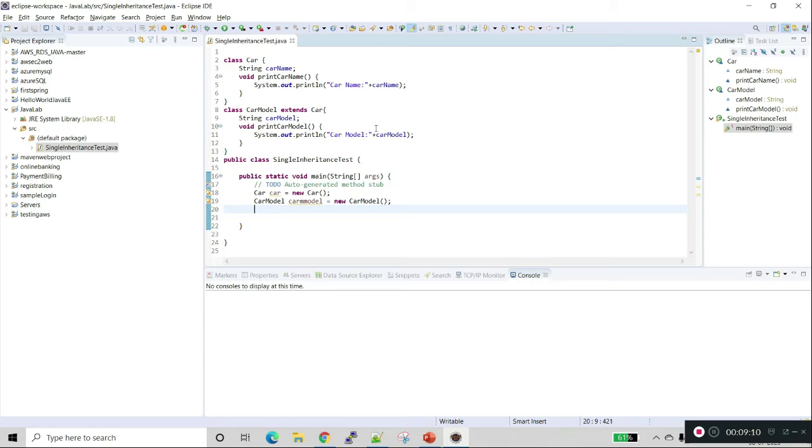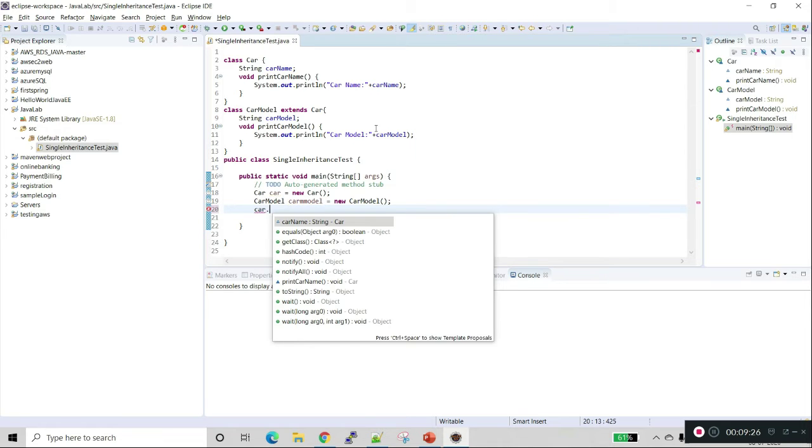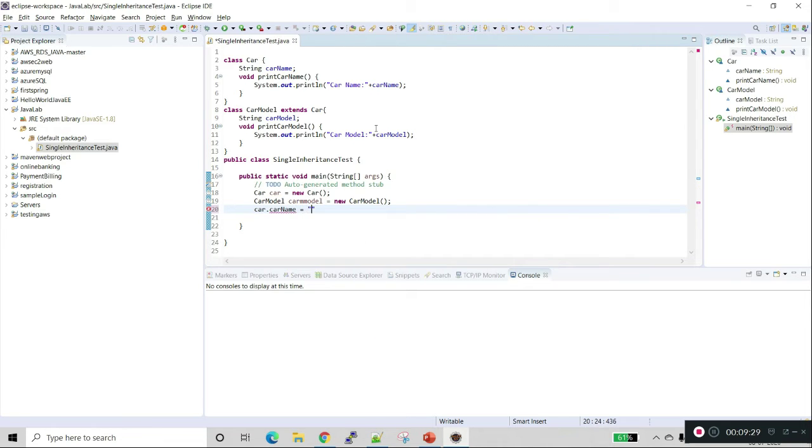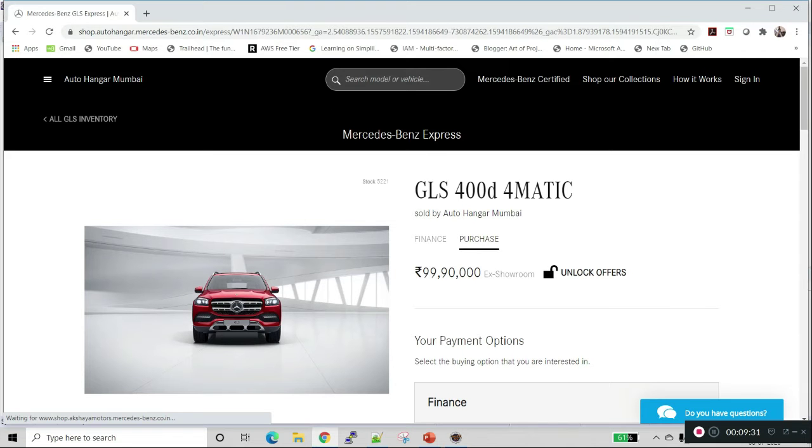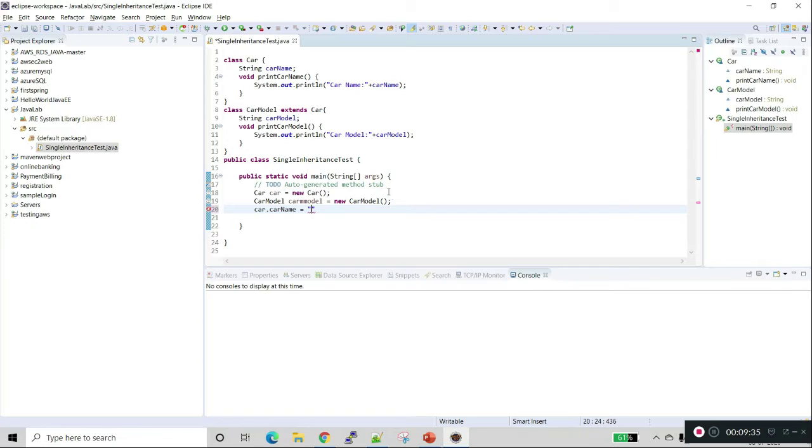I'm setting a value for the car: car dot car name equal to Mercedes Benz.